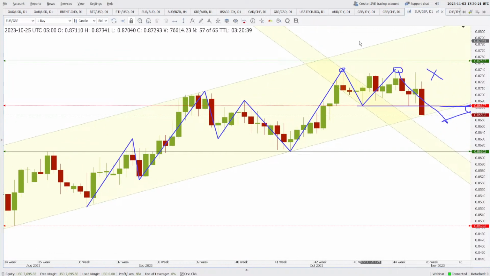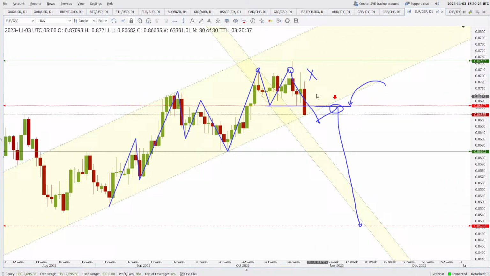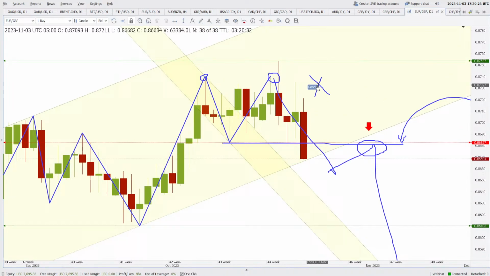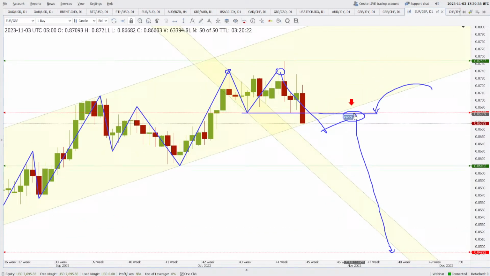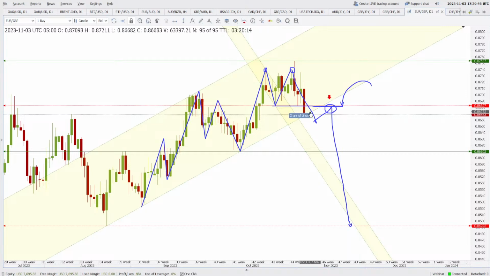Euro GBP, although we were not trading this market till yesterday, today that has happened what we were expecting. Since the price has come down, the cross removes from here, the price has broken this level, the channel is intact, but I think in a day or two the channel will also go and 0.8682 will start acting as a resistance where we can sell this market with a target of 0.8492. Let's see how things unfold. But right now this channel is intact. On Monday this channel will not be there. We just need to see a break from this channel, and we'll be sure that the price is headed towards 0.8610 and then around 0.8492.